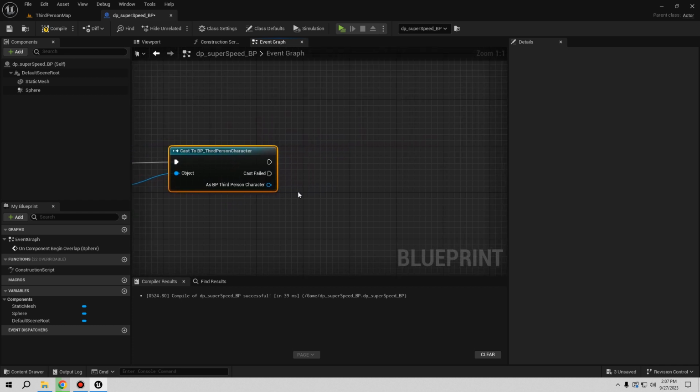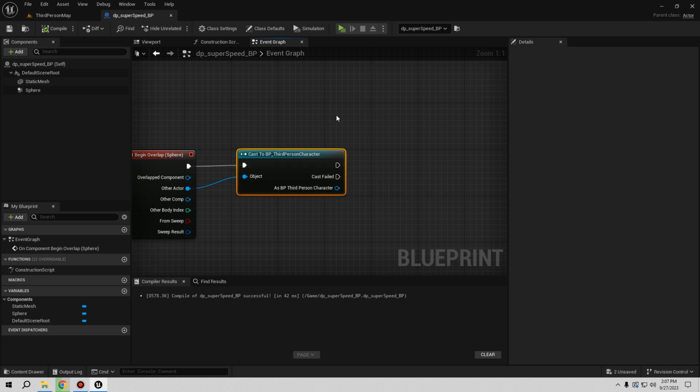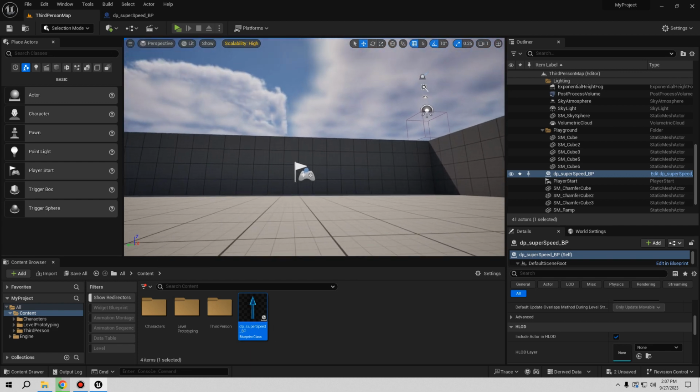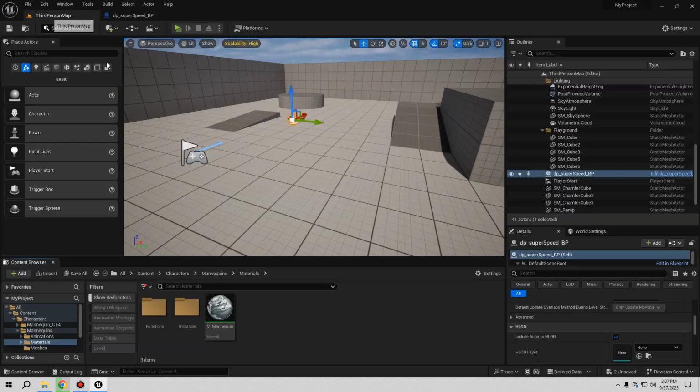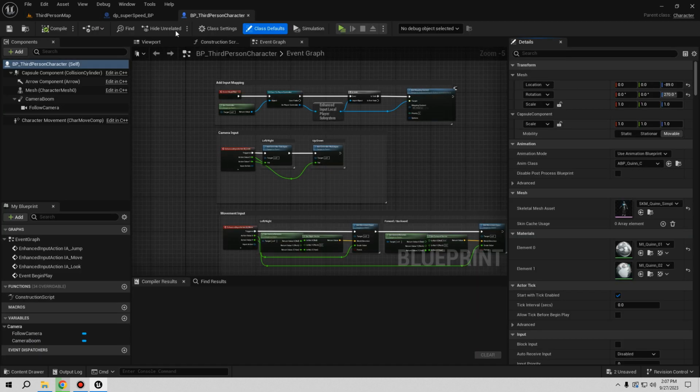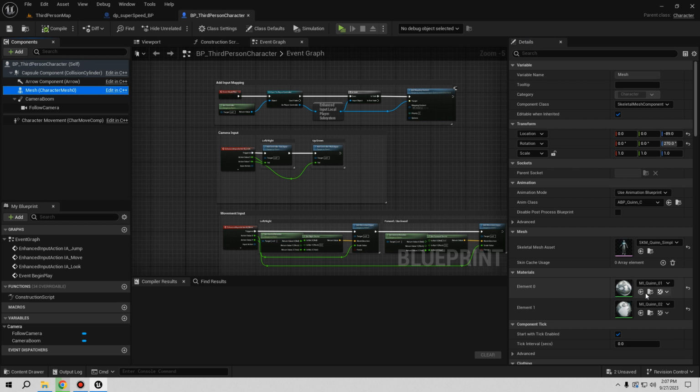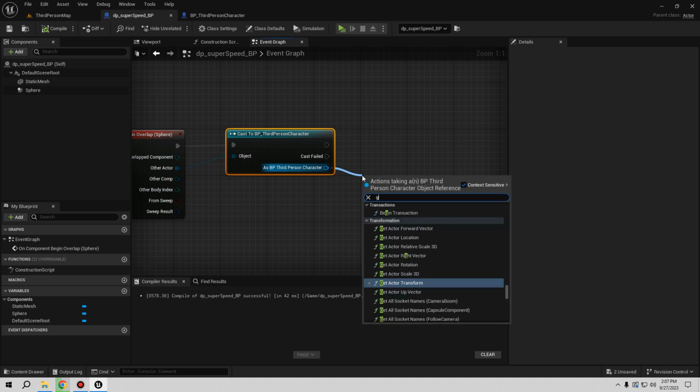So here we want to do something. First we want to do the superpower. We also want to change the clothing. I don't have clothing in this template, so what I want to do is go to the third person character first, so it's better. So content, third person, blueprint, third person character. Let's go to mesh, and we have this. We want to get the skeletal mesh asset, that means the mesh. So let's get mesh here,